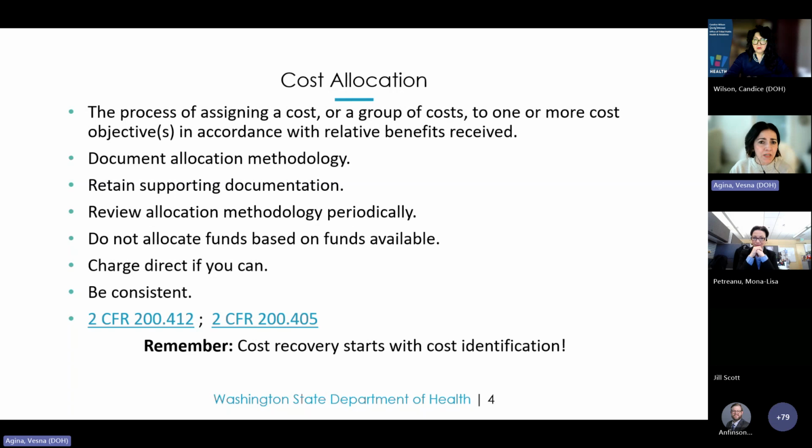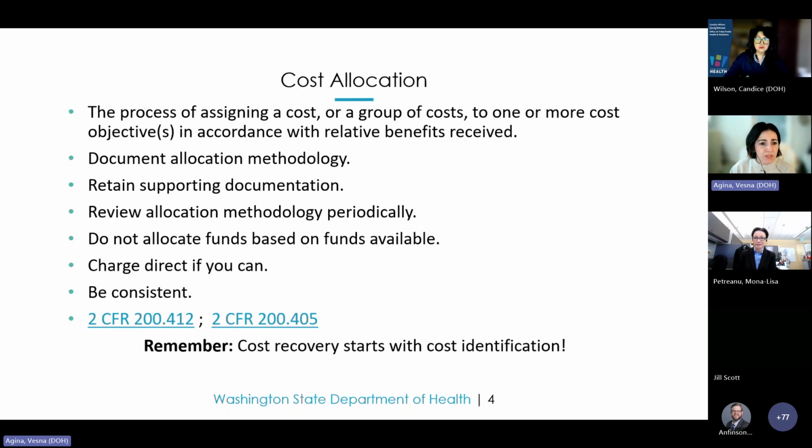It's very important that when it comes to cost allocation you have documentation, because one of the requirements of 2 CFR 200 is that there has to be some standard in how you're allocating your costs, which means that if you are allocating a certain cost as indirect cost, switching that cost now to direct cost and making those changes frequently is not something that's allowable. And if you do have to change the way that you're allocating certain costs, that's something that has to be approved by your cognizant agency. So the agency that's reviewing your indirect proposal.